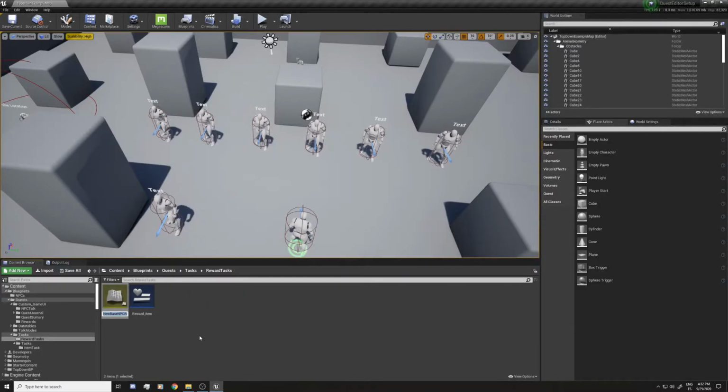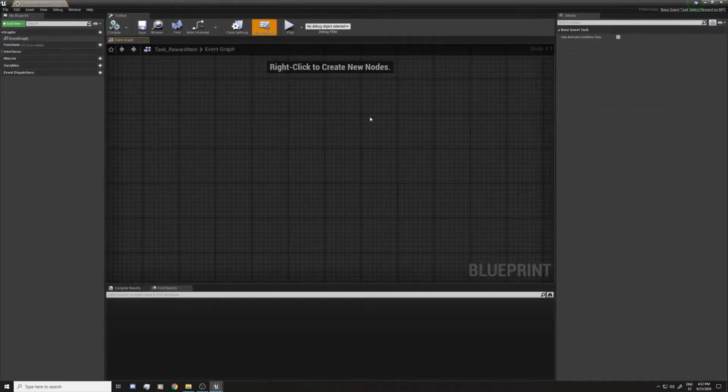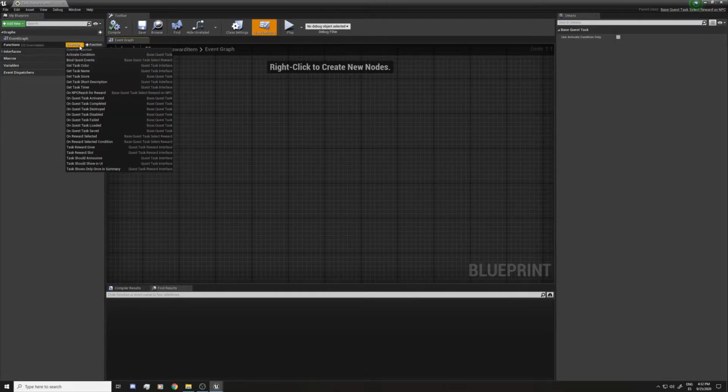So I'm gonna call this task underscore reward item, like that. And if you open it, it looks like a normal task, but if you go to override functions, you will see you have a little more options. There are two in particular that are very important. The other ones you usually will not have to worry about.